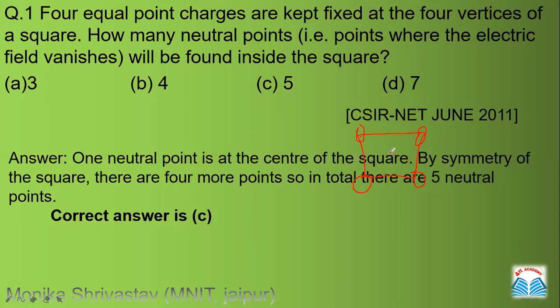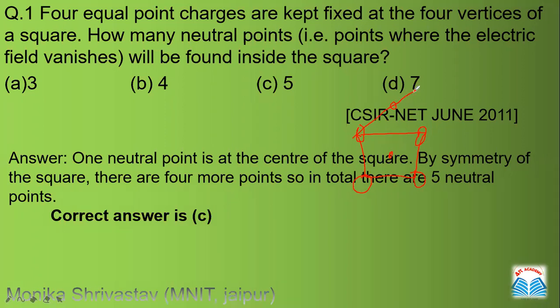Obviously, you can say the center point. At the center, the electric field is always 0. So one point is this, and 4 points are these vertices. On these vertices also, the electric field can vanish. If I put one point here, then